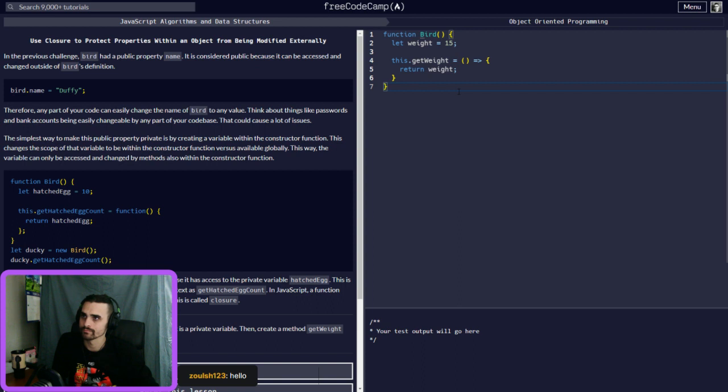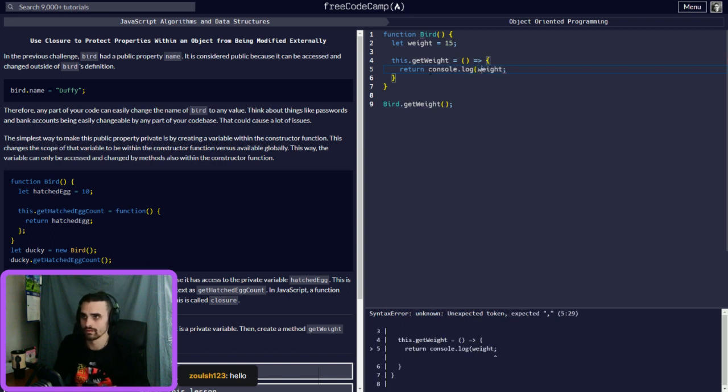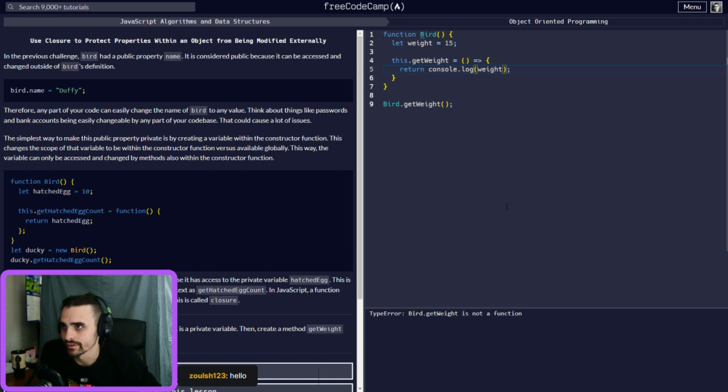Right? And then if we did bird, I guess, dot getWeight, log. Bird.getWeight is not a function. Oh.